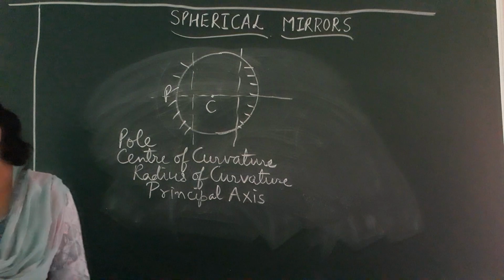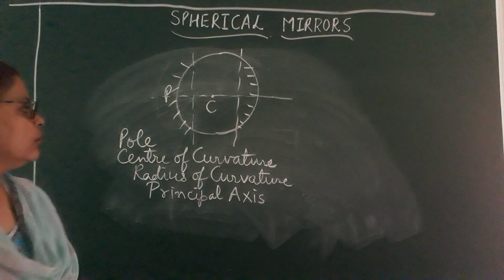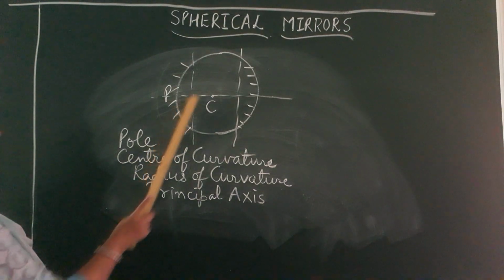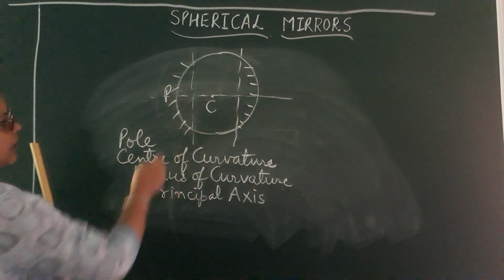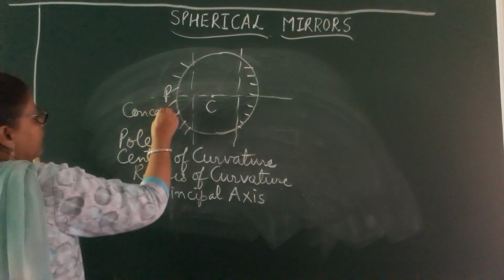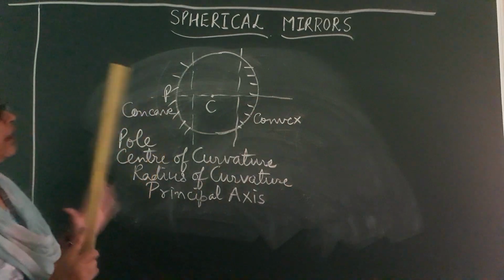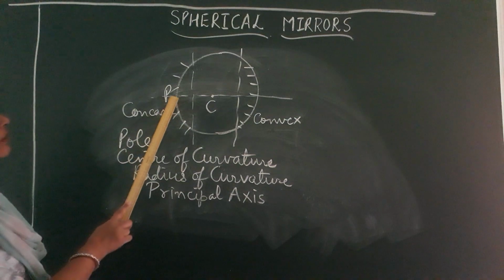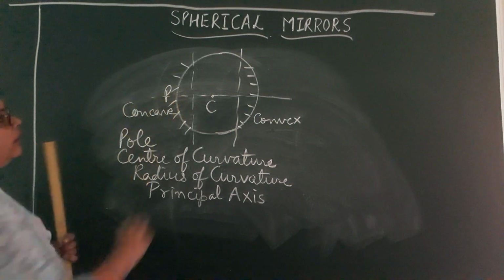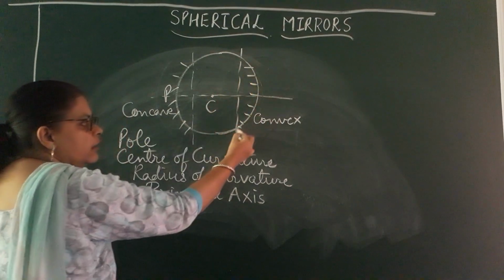Okay, children. Now let's pick up one by one the different definitions which are related to these mirrors. I move on to the first one. I told you that this is a hollow glass sphere, and I have cut the two edges. This side you can see I have made a concave mirror, and on the other side I have polished it from inside, so this side is a convex. Now, first is the pole. What do you mean by pole? It is the geometric center. You can see this is the surface of the concave mirror, while this is the surface of the convex mirror.